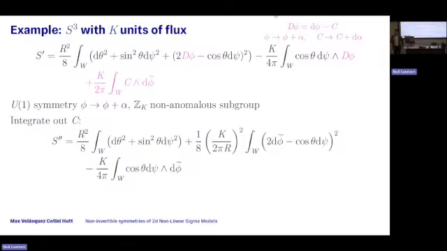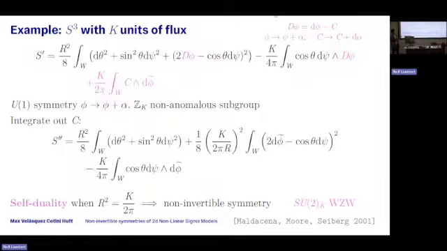So we're in the same situation that we have with the compact boson, where generically this is different to the theory I started with, but at a particular value of the radius, which happens to be r squared is k on 2 pi, then this is exactly the model I started with. And then this construction, this self-duality and half-space gauging goes through to build me a non-invertible symmetry.